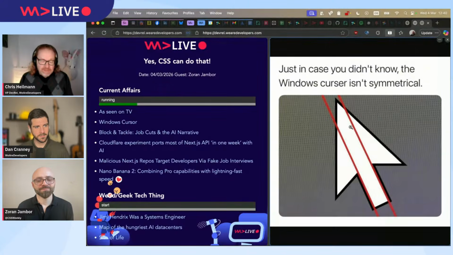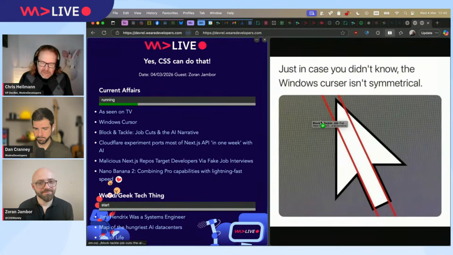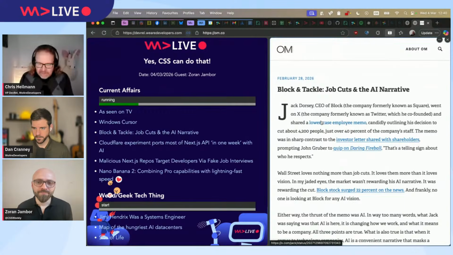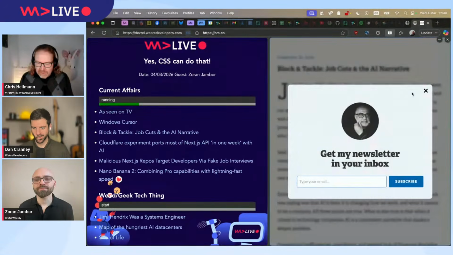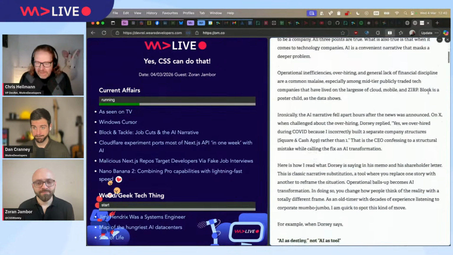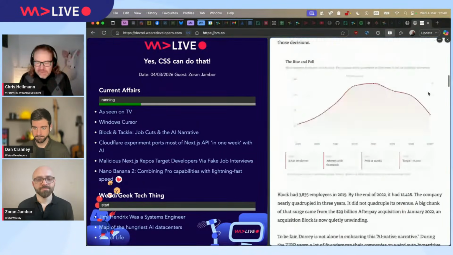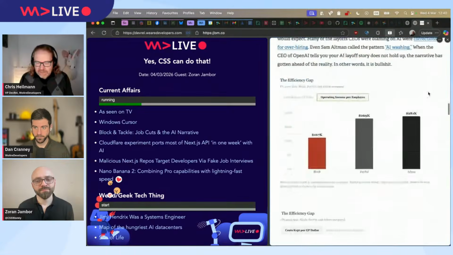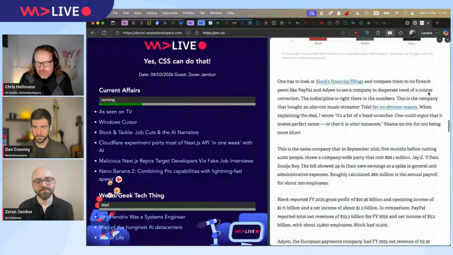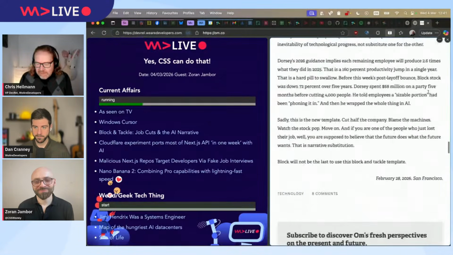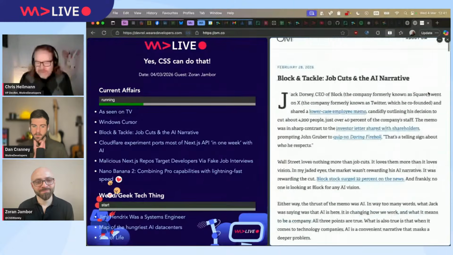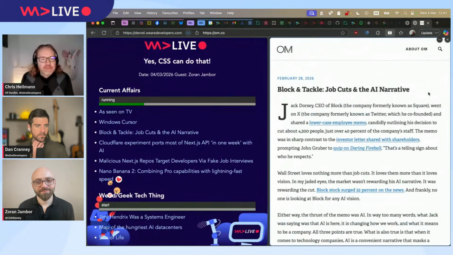I found this really interesting as well, that Block laid off like 4,000 people of its 10,000 and said it's AI. It's interesting how much backlash companies get for that right now. That basically says, no, I'm sorry, it's not AI, but you actually hired too many people and didn't know what to do with them. So the narration of AI moving so fast that we can get rid of a lot of people seems not to be real. It feels to me like an easy excuse to get rid of people that are expensive.